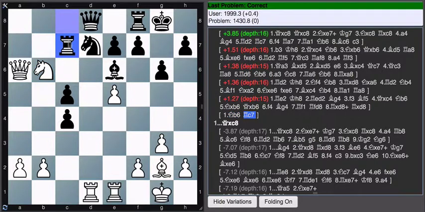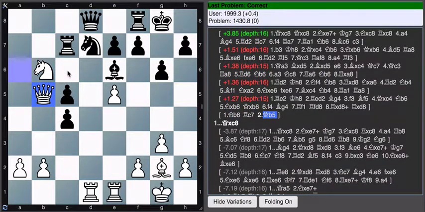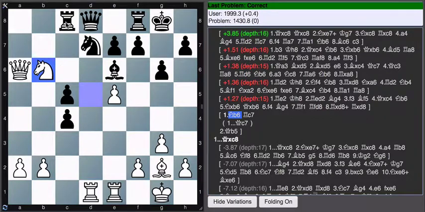This is defensible, though. We're defending. Maybe. Maybe not quite, because this bishop's going to come in. This seems just like a longer way to win the exchange. Unless there's something, I mean, just move the queen now. Yeah, just move the queen. Well, no, you can't, because then...